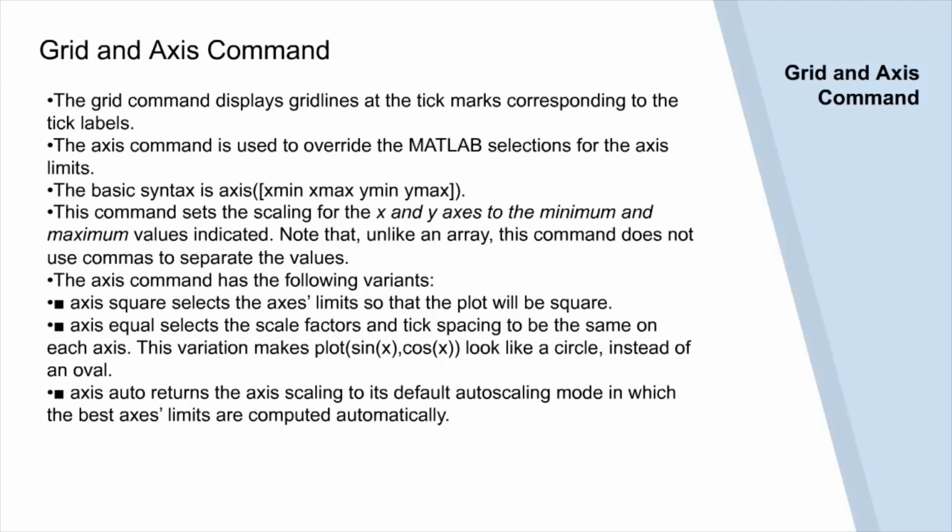The grid command displays grid lines at the tick marks corresponding to the tick labels. The axis command is used to override the MATLAB selection for the axis limit. The basic syntax is like axis function, and then we pass the x minimum, x maximum, y minimum and y maximum. So this axis command sets the scaling for both x and y axis to the minimum and maximum values